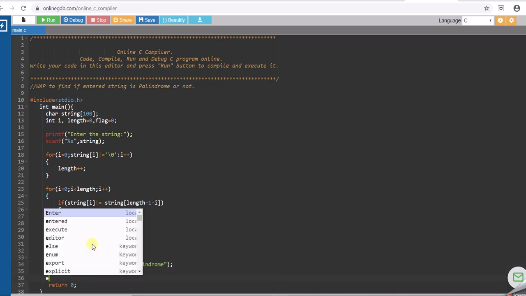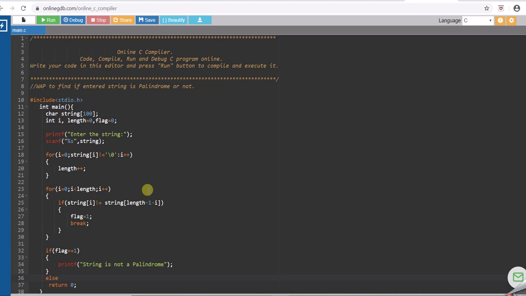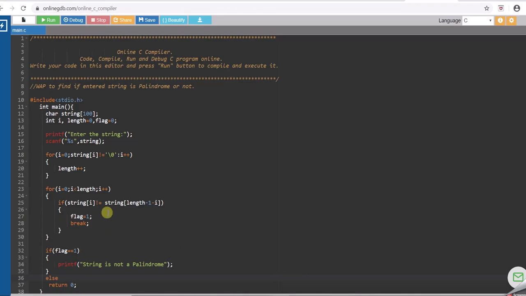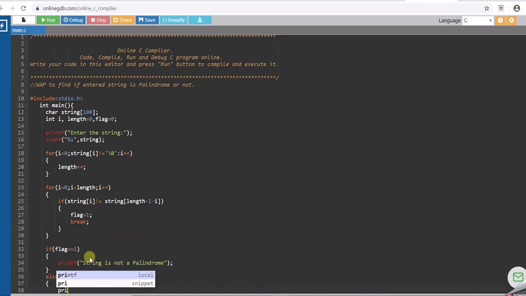Else, if this condition never becomes true, that means whatever you are checking, this value with this value, this and this, and this with itself, if this keeps on happening and all the characters are the same, then it means you have successfully checked, and in that case the flag value will never become 1. So else you will print that the string is a palindrome.